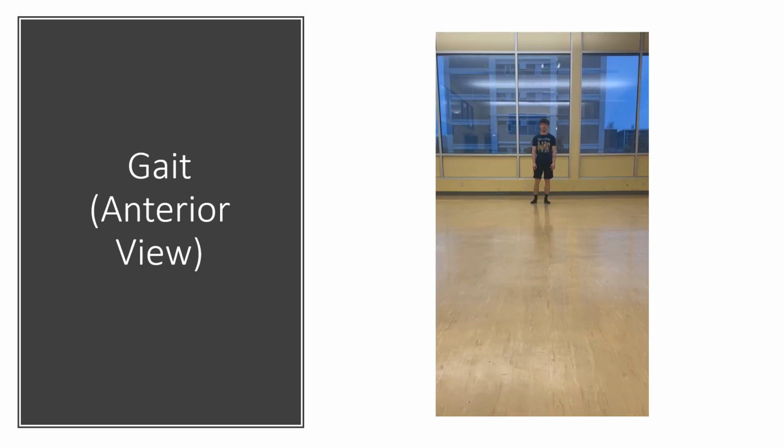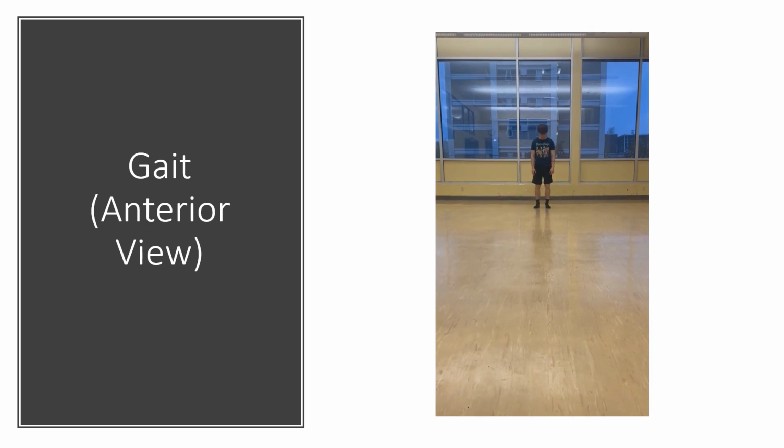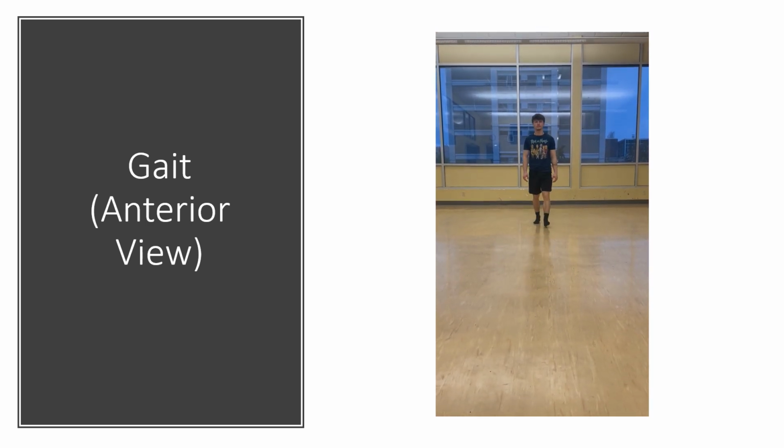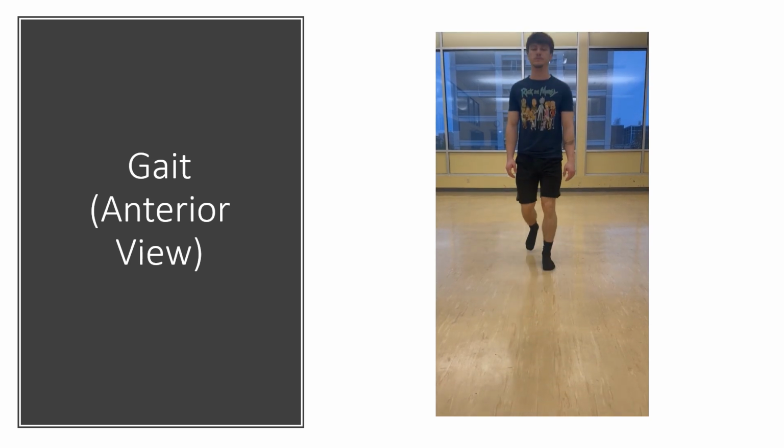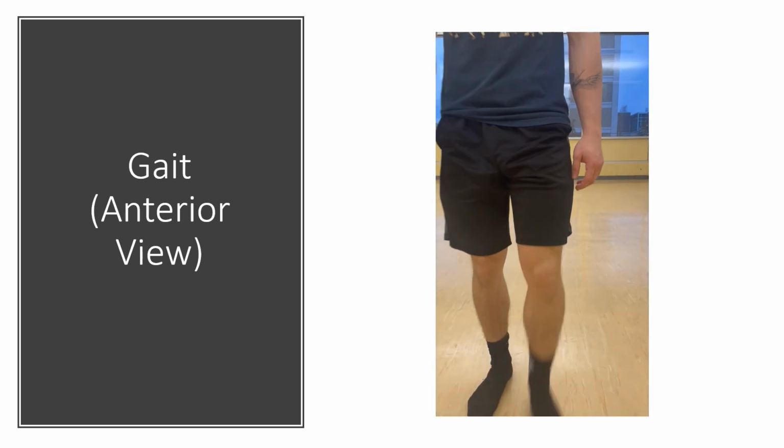So what I noticed from this video is that his right foot turns out excessively when compared to the left foot. The left foot tended to remain in much more of a straight line, and that could be caused by overactivity or shortened bicep femoris, gastrocnemius, or the soleus, as well as the underactive or lengthened anterior tibialis, or the medial head of the gastrocnemius rather than the lateral, the gluteus maximus and medius, the hamstrings complex, as well as